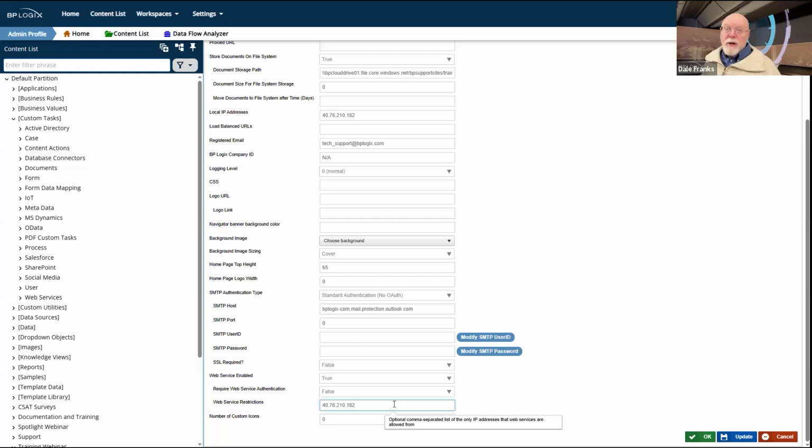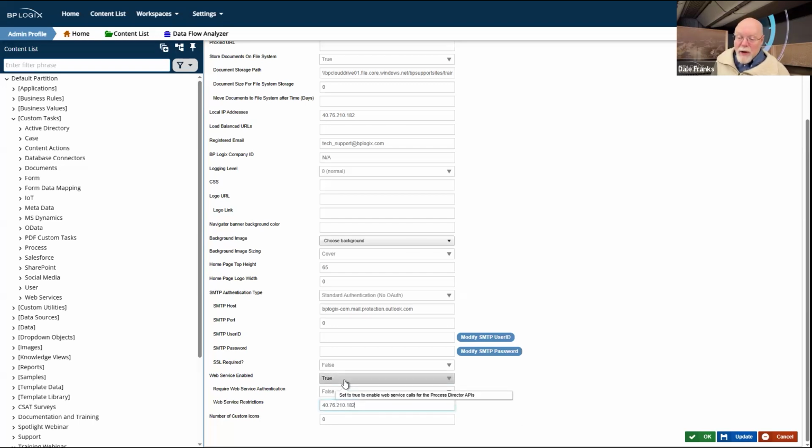Usually, in the case of a customer, you would choose the IP address of some sort of application server. And it would be that application server that actually called the web services and ran them, so that only that server could call those web services. You can throw in multiple IP addresses here by making this a comma separated list as well, so you can have more than one, as I have here.